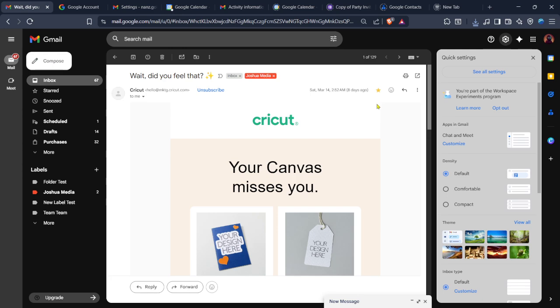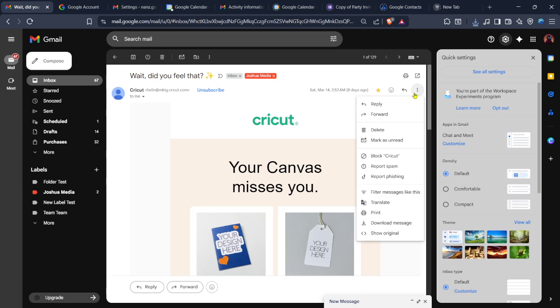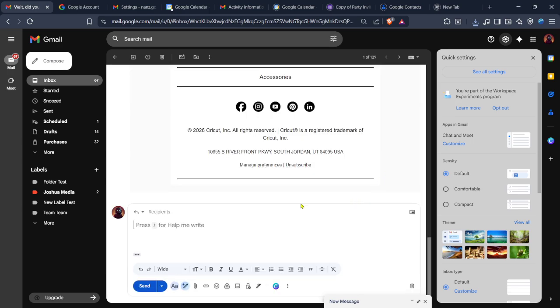Now that the email is open, I'm going down to the reply section and clicking on reply so I can start drafting my response. You'll see the message box pop up at the bottom, and this is where we'd normally type everything out manually. But instead of doing that, I'm going to use the built-in AI feature to help write the reply for me. So right down here at the bottom of the message box, I'm clicking on Help Me